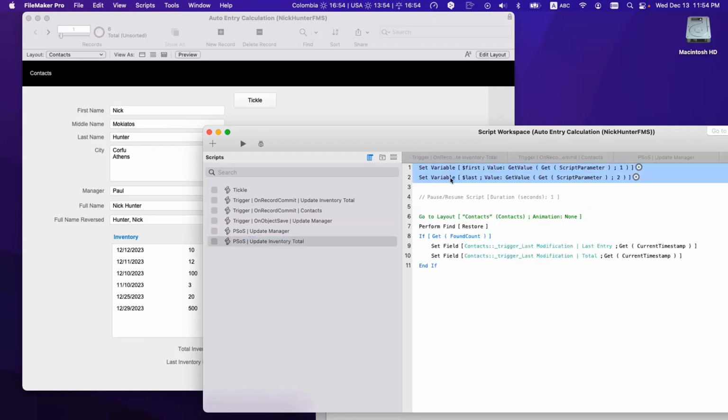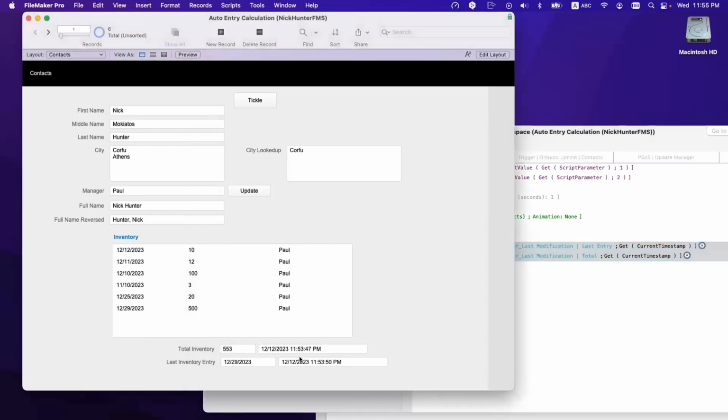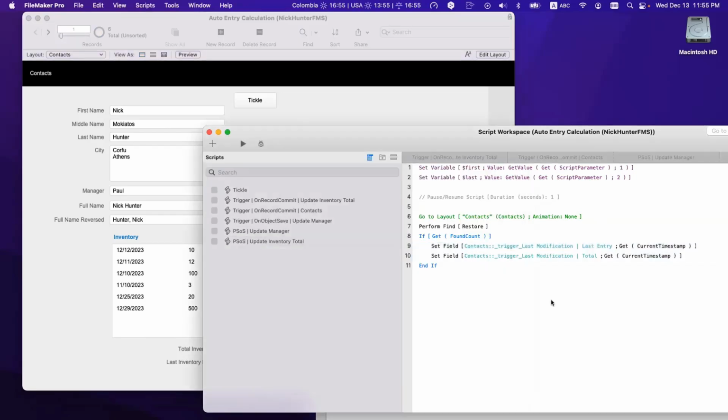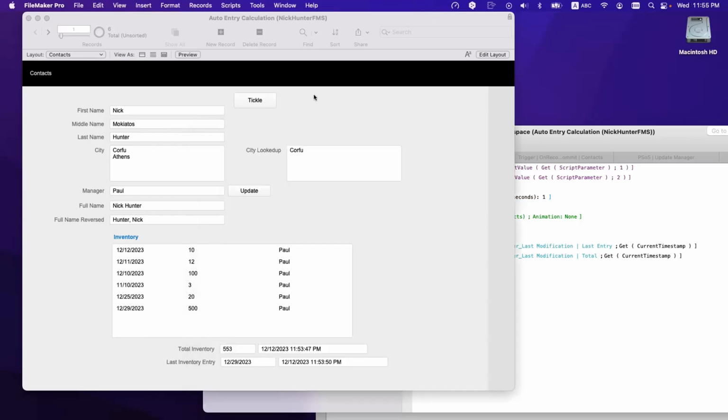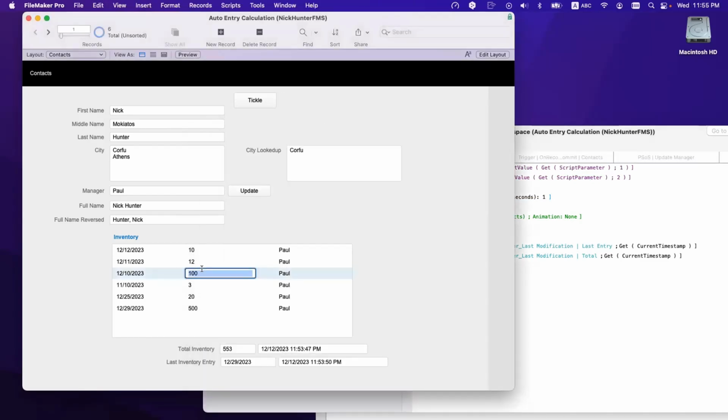I get the first name, last name. I go to contact, so I go to that layout. I perform find, and I set the triggers to update those records here. With the same technique of waiting, because remember, I want to commit the record and then update the total. So now, if I put 200 here,